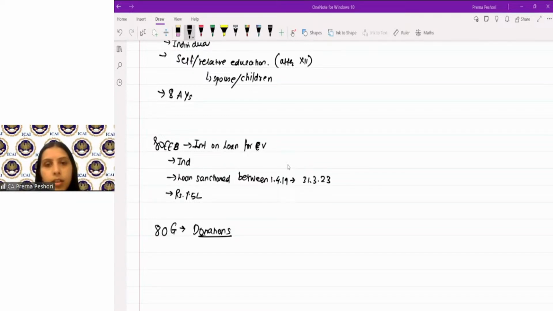Are we clear? In respect of donations paid in cash, 2,000 rupees is the maximum allowed. So no deduction will be allowed in respect of any donation exceeding rupees 2,000 if it is paid in cash. Clear? Any doubt? Any questions? So there are conditions which are even imposed on the institutions which are receiving the donation, that they have to maintain the proper records and furnish the statements for that. Clear? Any questions?